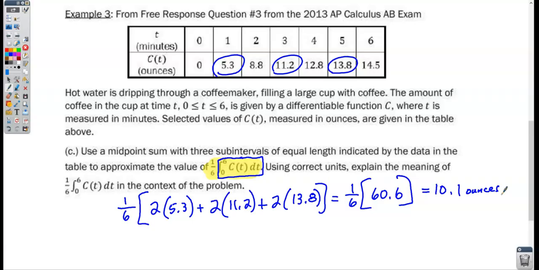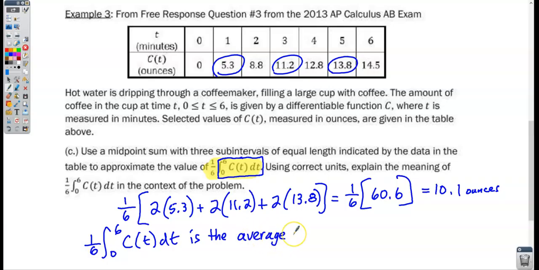The last thing I'm going to do here is explain the meaning of 1/6 integral from 0 to 6 of c of t dt in the context of the problem. So we just learned in this lesson that when I've got 1/b times the integral from a to b of a function, it's the average value of the function. So this is the average value. And what does the function c represent? Well, it's the number of ounces of coffee in a cup of coffee. So this is the average number of ounces, let's say average amount of coffee